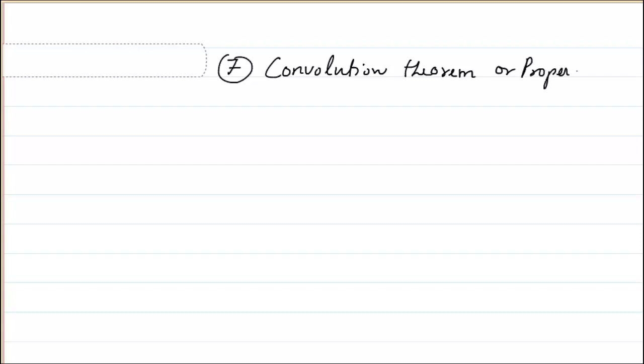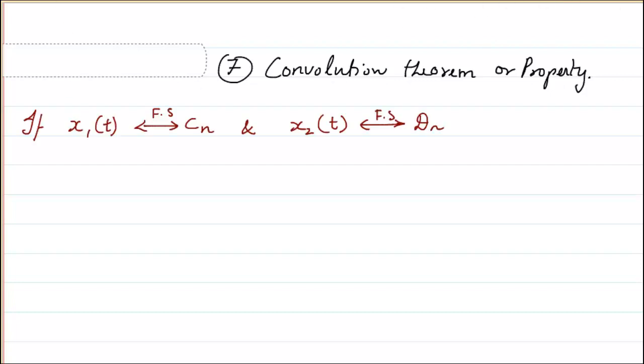Next we will look into the seventh property, which is the convolution theorem, or property, which states that if x1 of t gives a Fourier series of Cn, and x2 of t gives a Fourier series of Dn, then